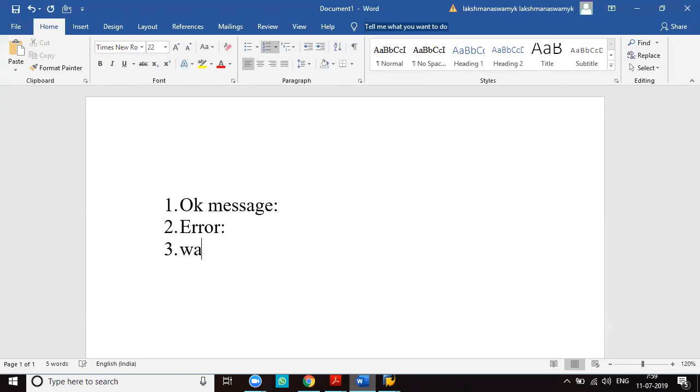Number 3, warning message. It is displayed in yellow color.